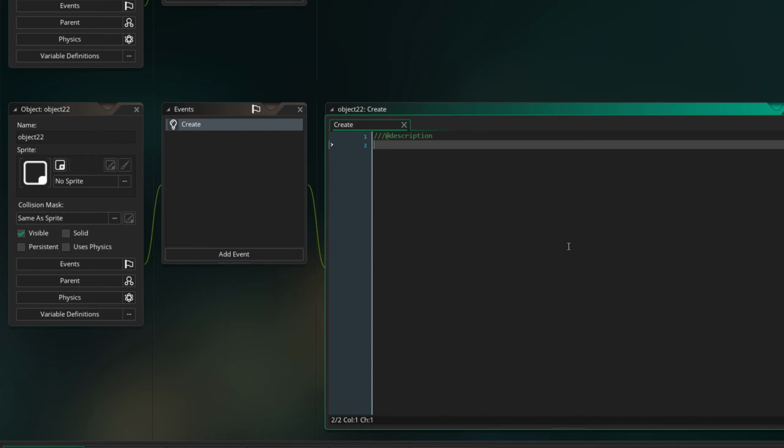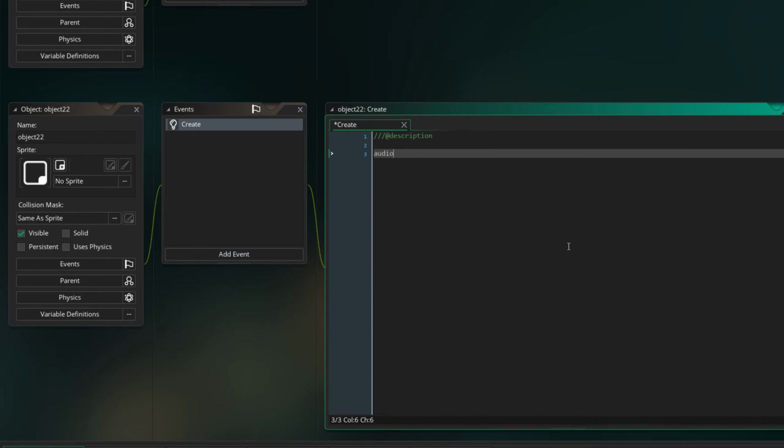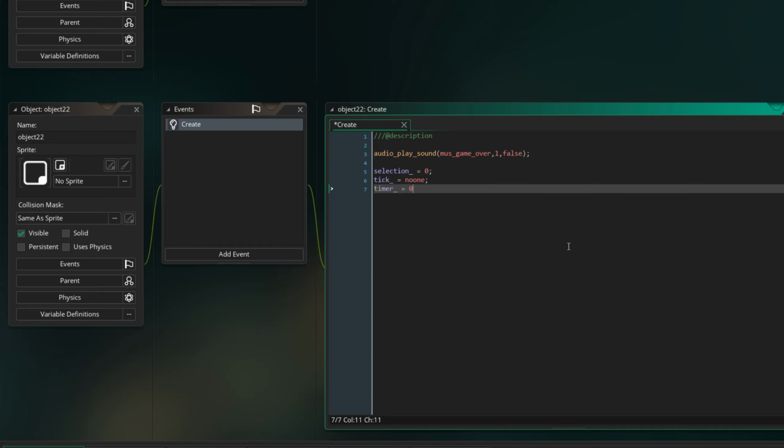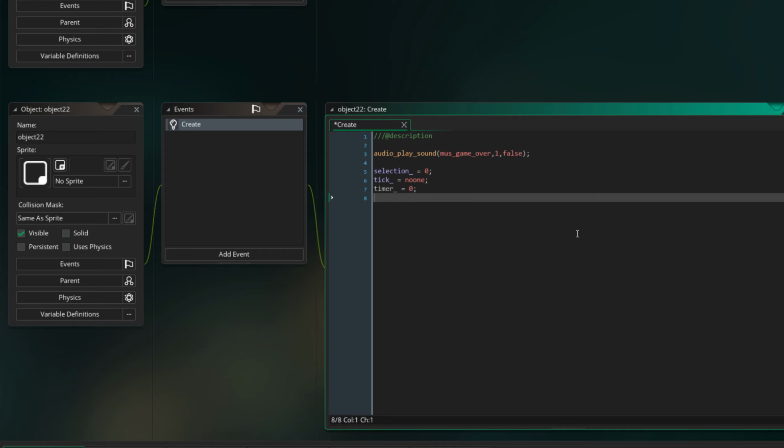Add a create event. audio_play_sound, music_game_over, 1, false. selection_ is equal to 0. tick_ is equal to noone. And timer_ is equal to 0. This is basically a copy paste of the code from our main menu object. So let's do a copy paste here real quick